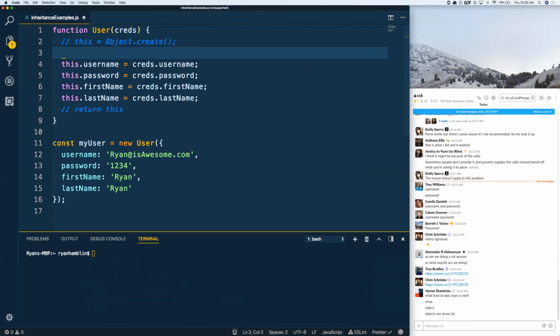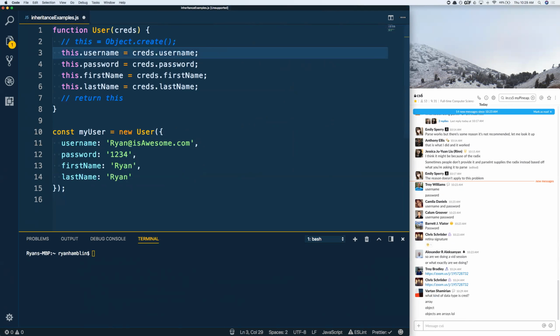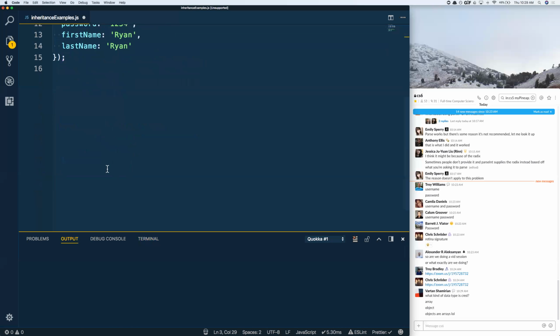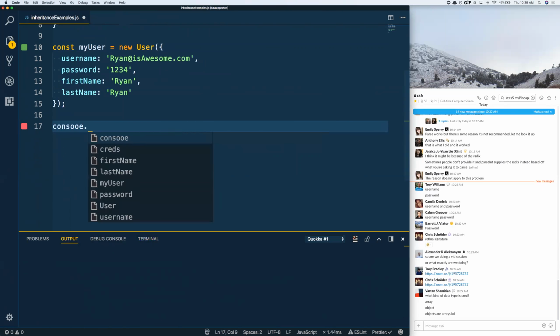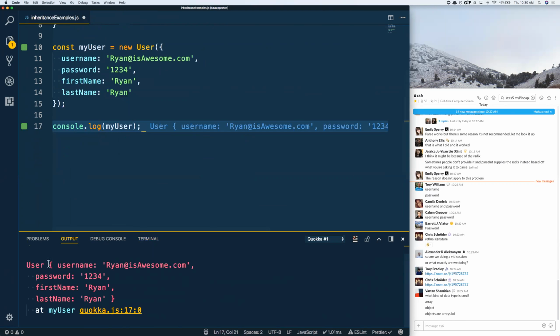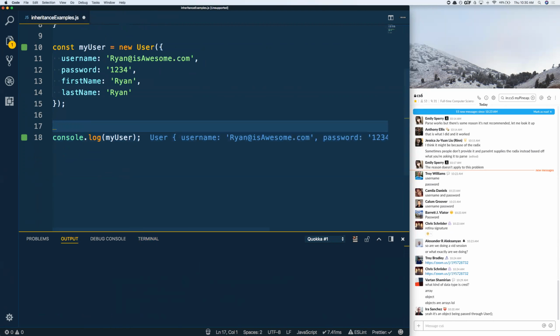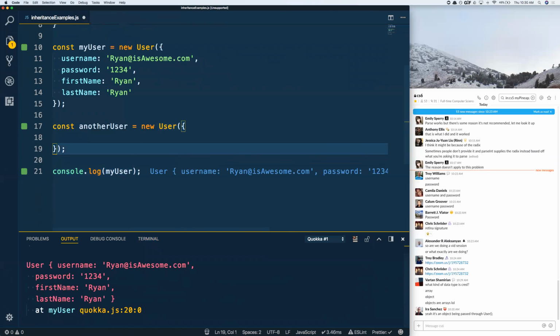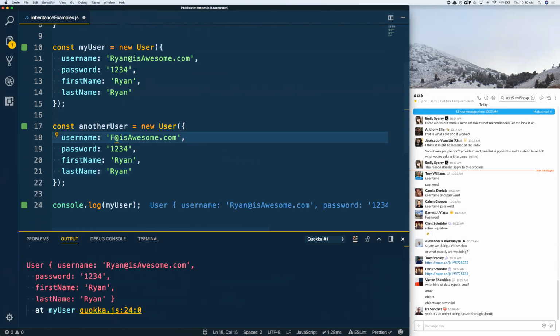Okay, so let's run Quokka and see what happens. If you look, you can see that we have a new object that inherits properties, right? So if I were to do this with another user, let's say const anotherUser equals new User, okay? And they're going to get everything that I get, but it's going to be Fred, and my last name is not,